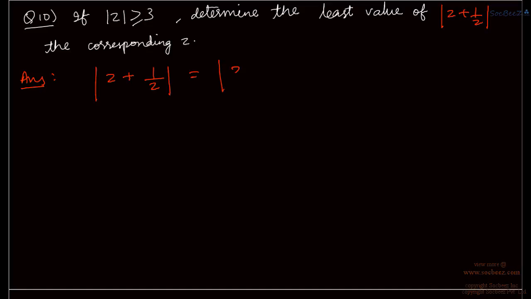Right. So plus 1 by z, I'll write that as z minus of 1 by minus z. Right? Minus makes it positive. So this is correct. Now you know that